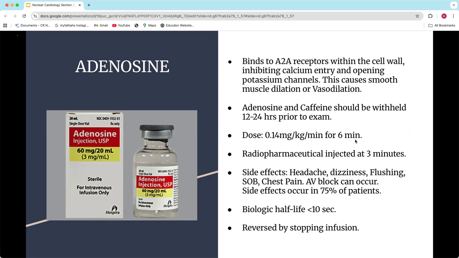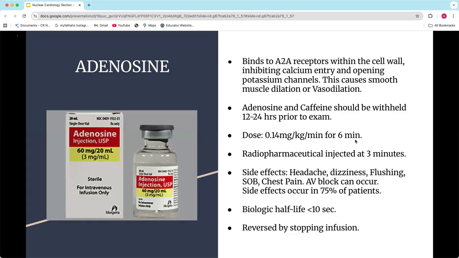Some patients can be on adenosine if they're already on adenosine for something; obviously that's not going to work. They have to be off adenosine before they come. I already mentioned caffeine when we talked about prep. So this is the reason: caffeine can bind to that A2A receptor and it will block adenosine. So we want to be off caffeine for the 24 hours.